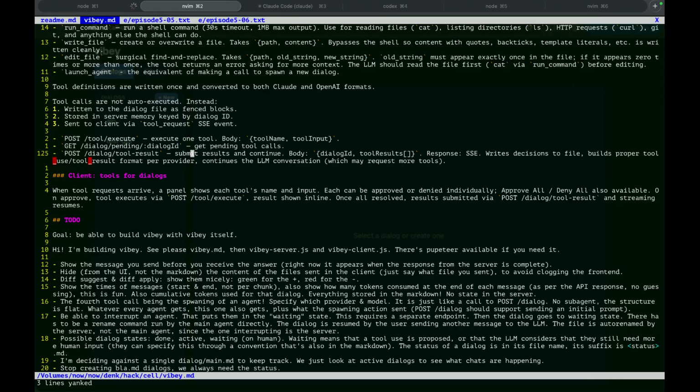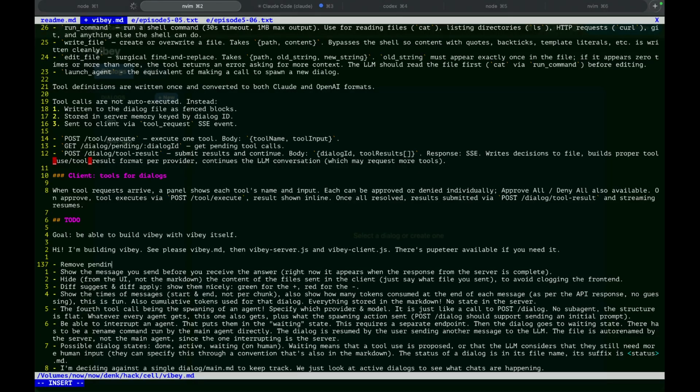But remove pending tool calls from the server memory. Have it written down in the markdown.